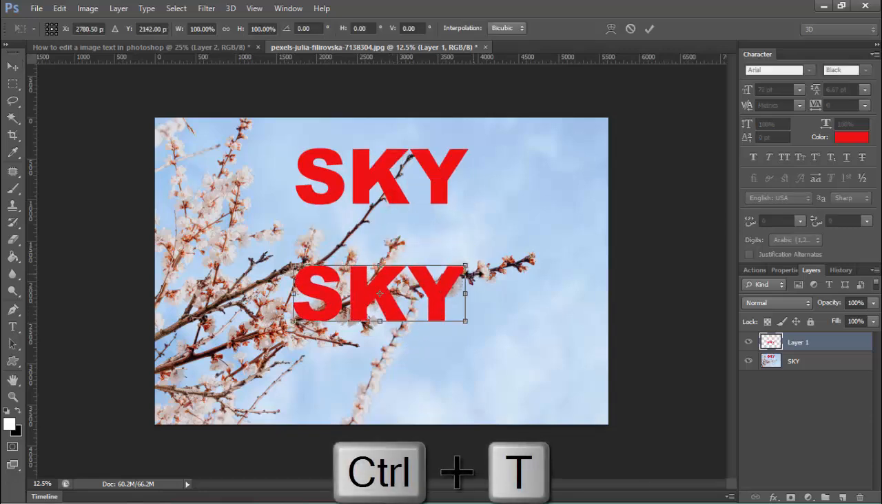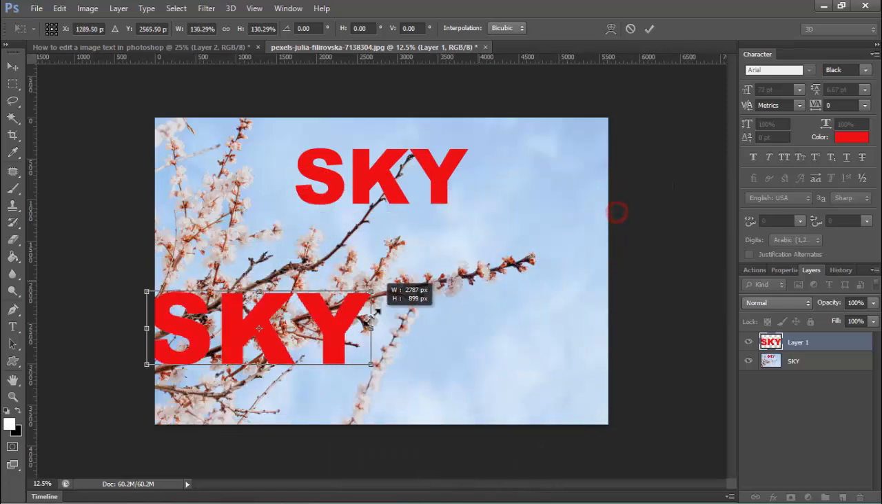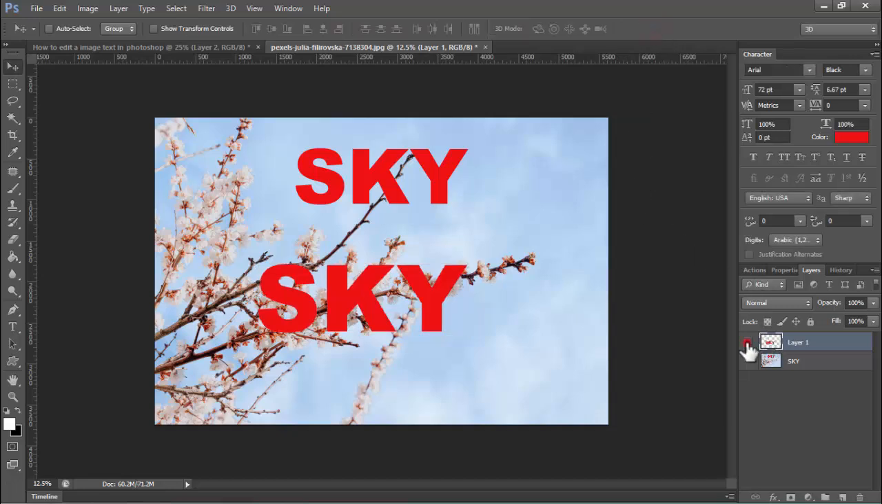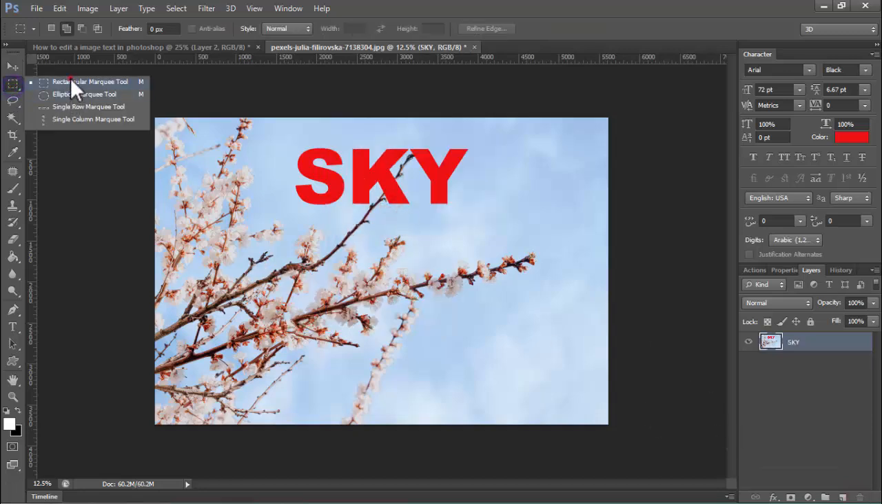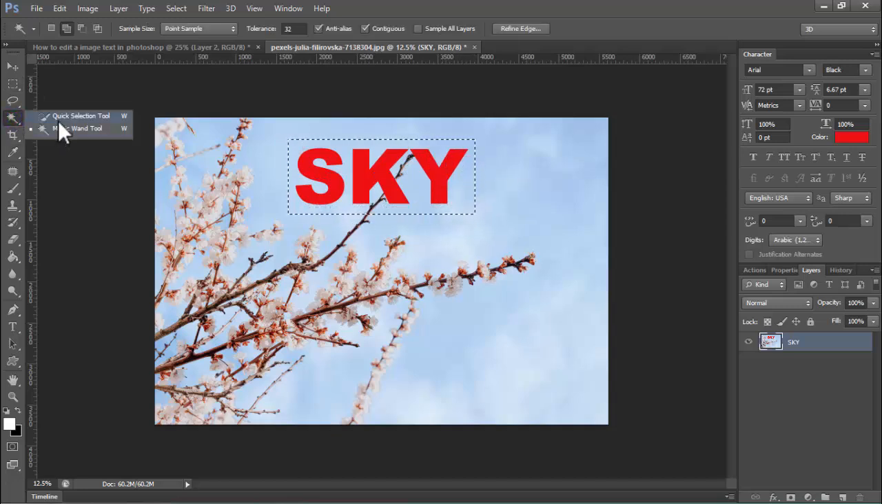Resize the. Press Ctrl T on your keyboard. Hold Shift for fix size. Okay, and edit this. Click delete rectangle. Oh, sorry. Again,